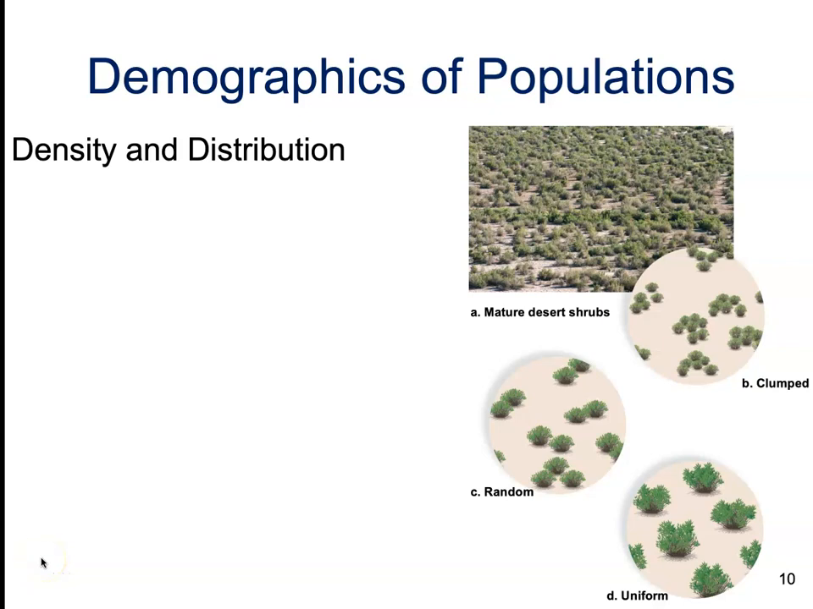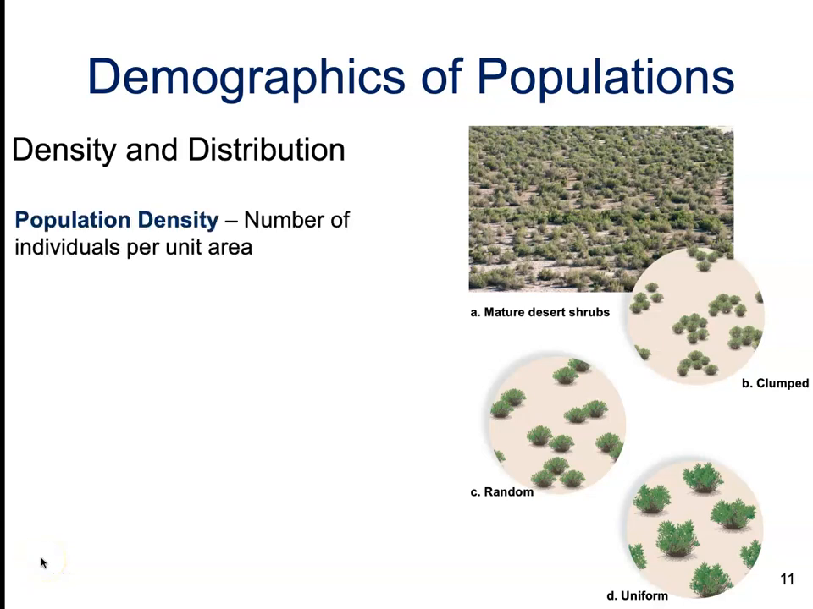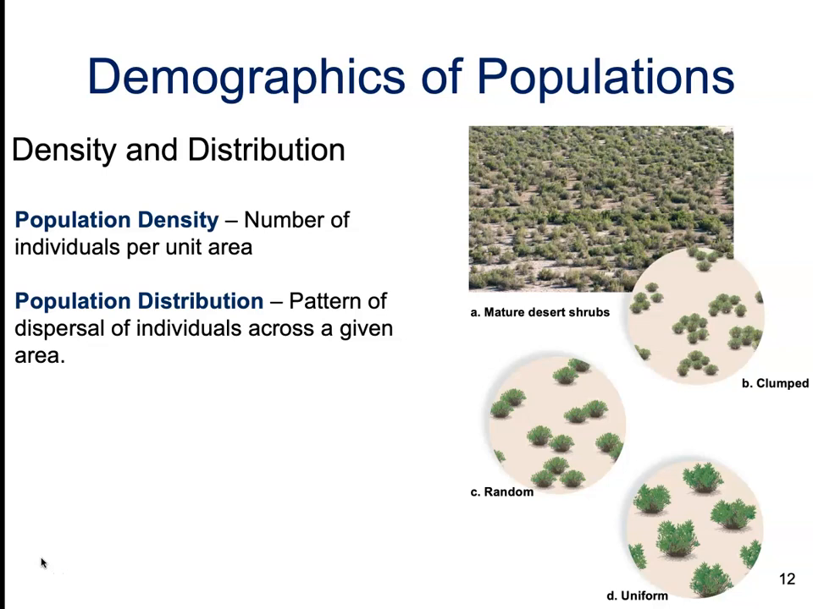All right, so demographics of a population, density and distribution. Population density is going to be the number of individuals per unit area. This is helpful, but basing ecological models solely on population density can be misleading. This can make it seem as if the individuals are distributed evenly throughout an area, but this is often not